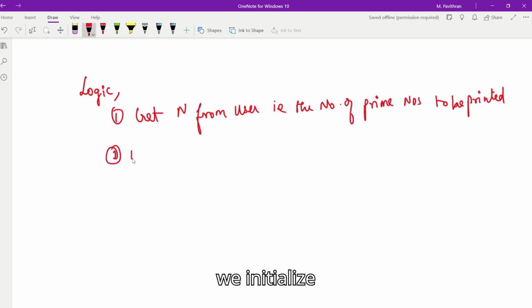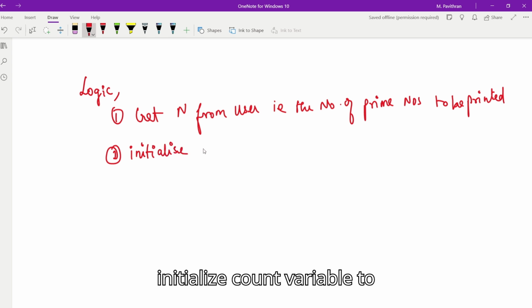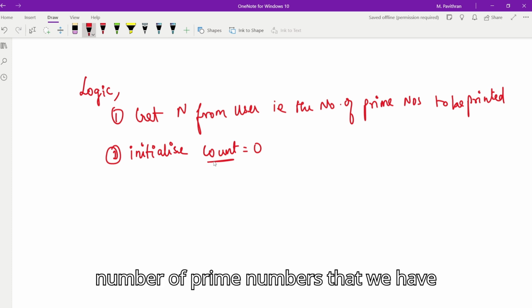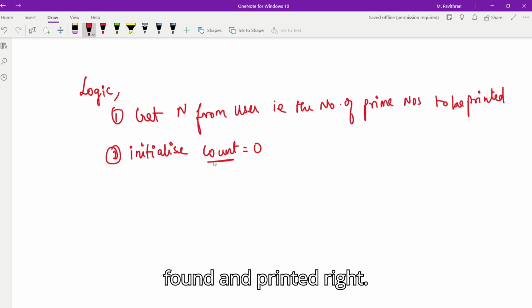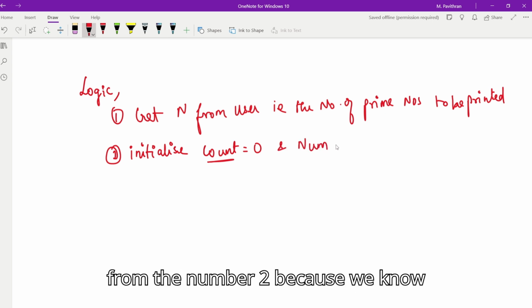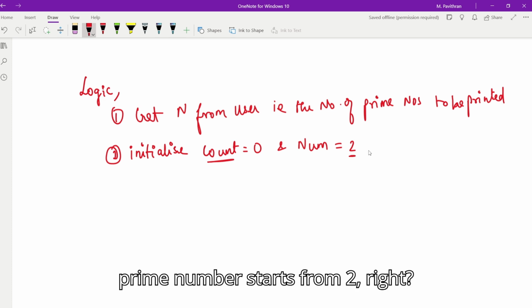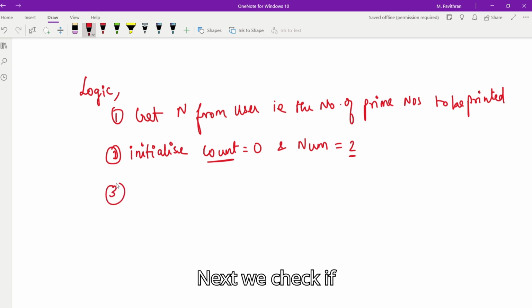Second, we initialize a count variable to 0. This count variable is very important because this will keep track of the number of prime numbers that we have found and printed, right? Next, we start checking from the number 2 because we know prime numbers start from 2, right? Next, we check if the number is a prime number or not,